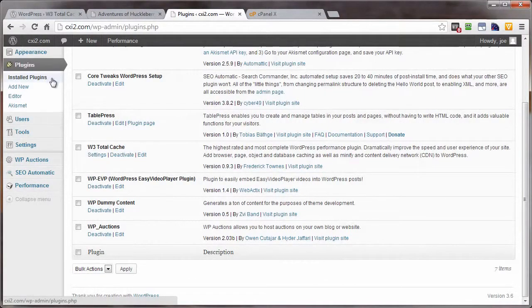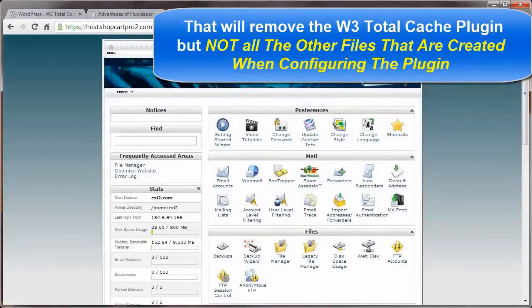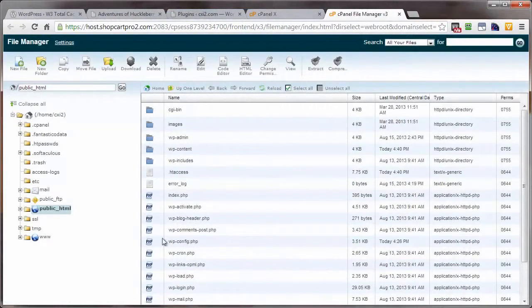to uninstall a plugin, you simply locate the plugin, deactivate it, then once it's deactivated, you simply delete it. But you can't do that with this guy. It's a little trickier than that. So that's what you do not want to do. You do not want to just come in here, deactivate, delete. Won't work. You go into your control panel's file manager, and before you do anything with the wp-config.php file, you